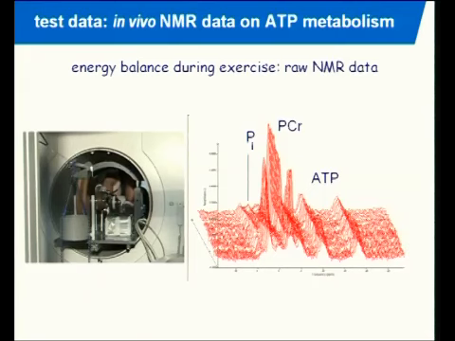So we can go to really high workloads. For the sake of time, I'm not going to show you how it looks, but it's pretty darn cool. What's really important is that here, this is the muscle at rest, and you can see that we can turn PCR pretty much into an organic phosphate. This person is going at a heart rate of 180. He's completely maxed out. ATP is still constant, as you can see, at least in the bulk of the mass